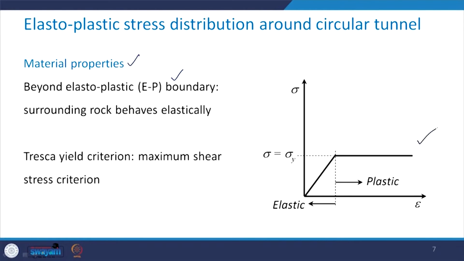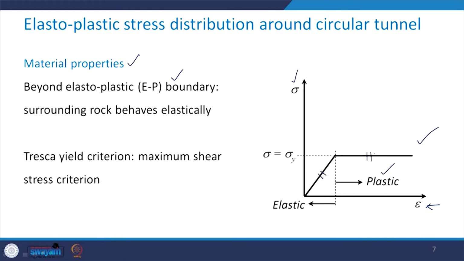Take a look at this figure, where sigma versus epsilon has been plotted. Up to the elastic limit, it goes in a linear fashion in this manner as shown here, and once the material yields, then it enters the plastic domain,